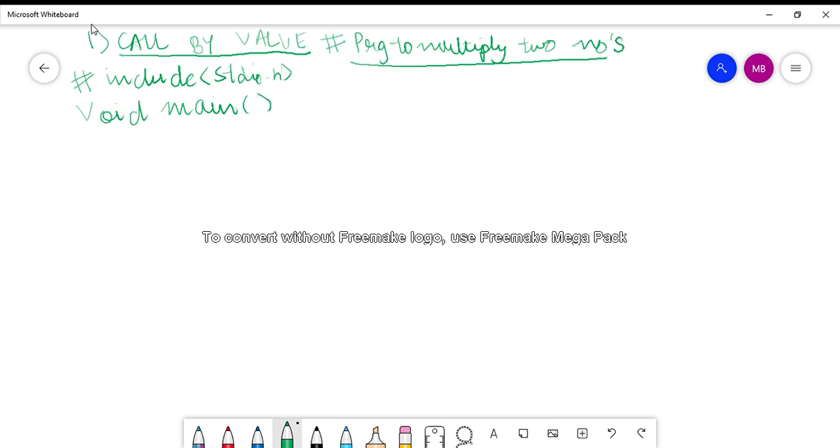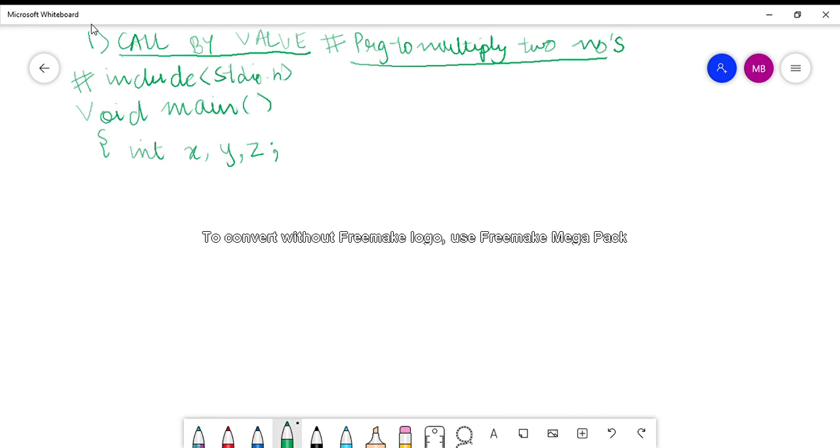Within main we have three variables, which we call x, y and z. I have declared three variables named x, y and z whose data type is integer, and these are the actual arguments I am talking of. These are the actual arguments whose values will be passed while calling the function, right?